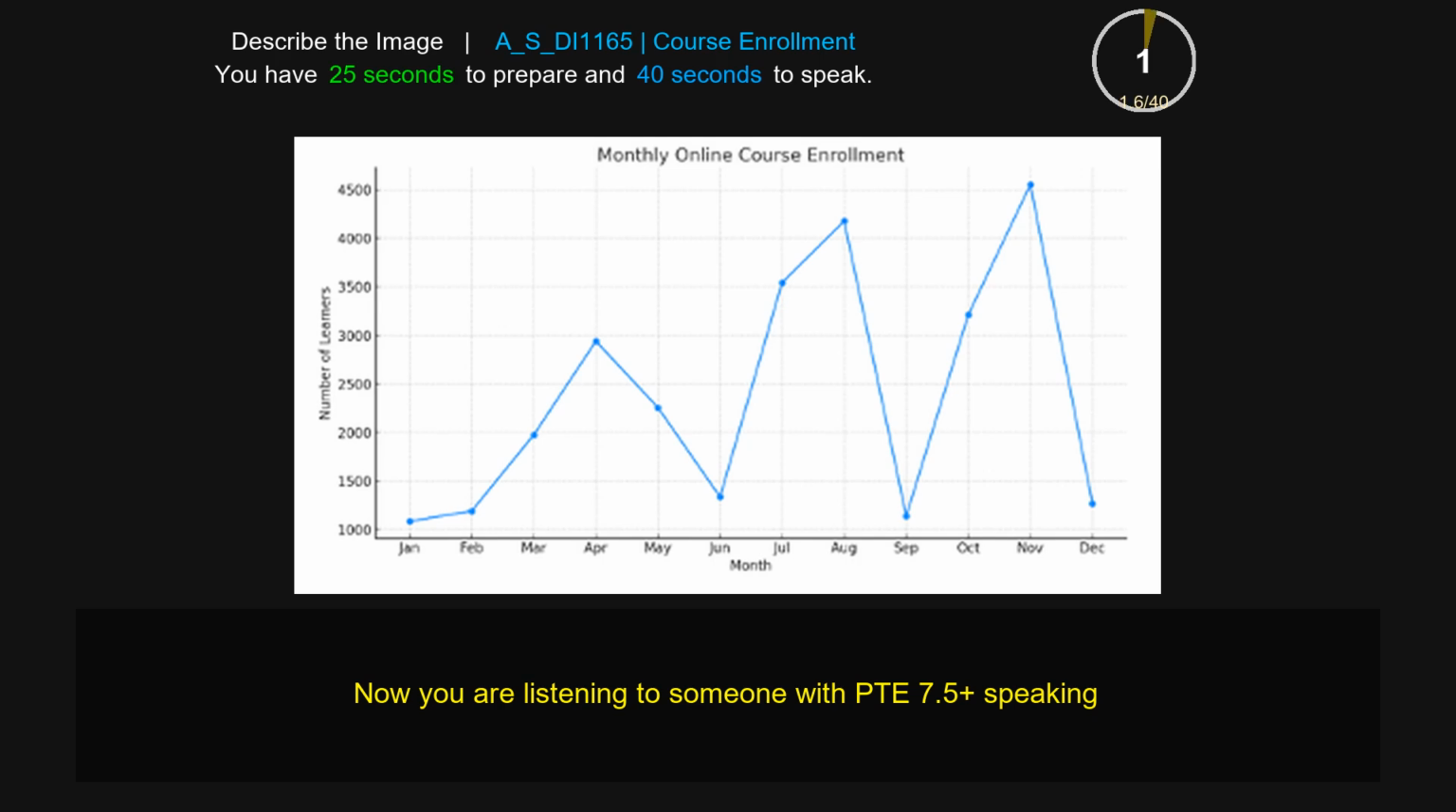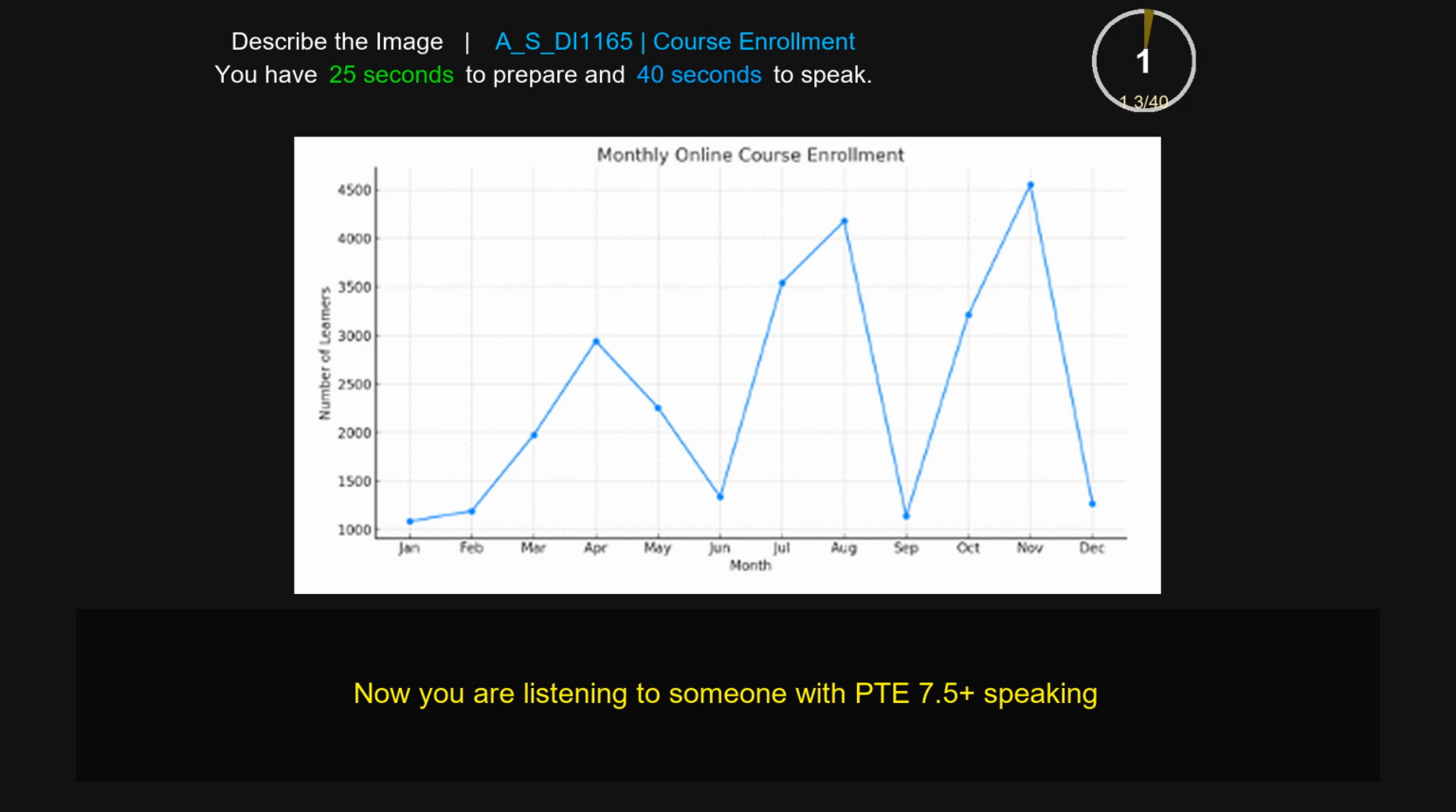The image provided is a line graph which provides the information on the monthly online course enrollment. The y-axis talks about the number of learners and the x-axis talks about the months from January to December. From the graph, we can clearly see that the month of November has the highest monthly online course enrollment, standing around 4,500. On the other hand, the month of January has the least, which stands around 1,000. It is also evident from the graph that the month of January and October have a similar course enrollment, which stands at 3,500. Overall, the